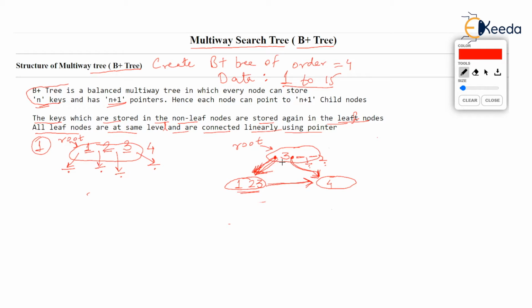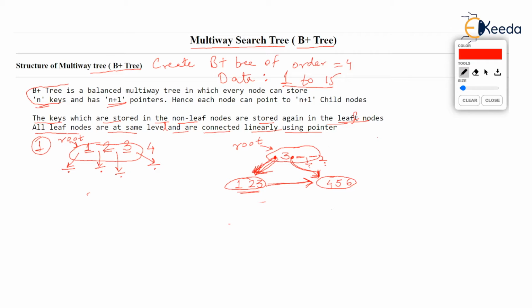Check the root. Root is storing 3. 5 is larger than 3, isn't it? So 5 must go to the right of 3. 5 must go along with 4 here. This is a leaf node. So 5 will be stored in the leaf node where I am writing 5, and it has enough place. Remember, 3 keys can be stored in any node. Similarly, the next value 6 will go in the same node.